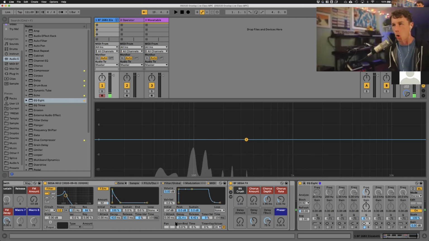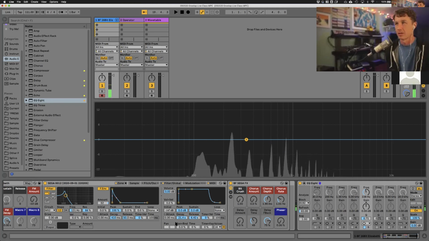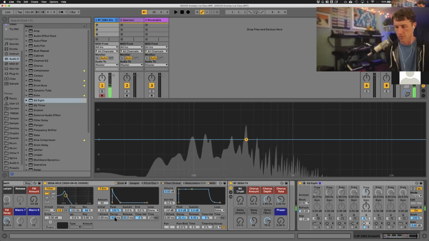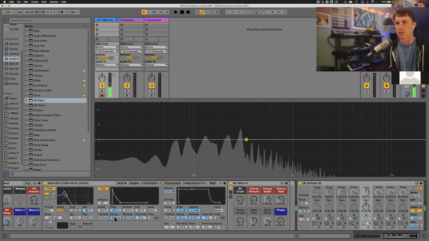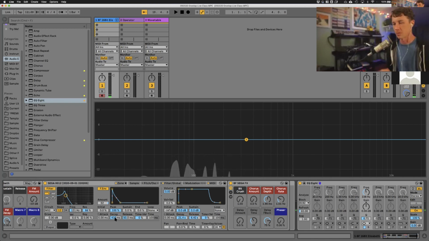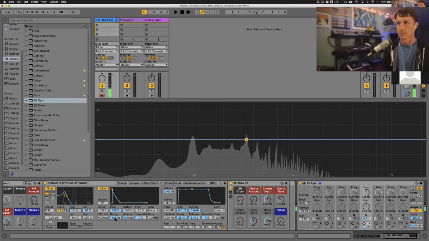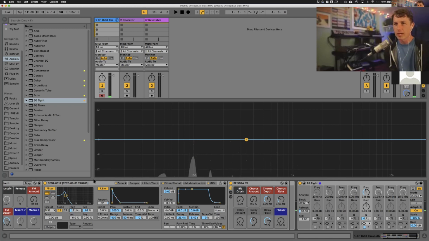So we're getting that closing of the filter happening real fast. It kind of has the effect almost like if you were plucking the string of a bass guitar. It starts out bright and it mellows out over a certain amount of time. If you think about when you're making sounds, try to visualize what the sound is doing over time, what is happening with the frequencies, and you can use the filter envelope to make things